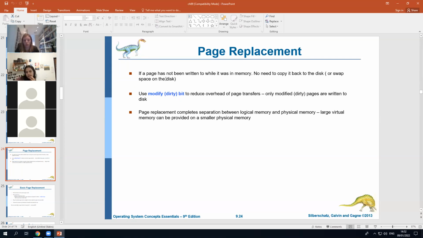If a page has not been written to while it was in memory. So, okay, now we're talking about this. When we take a page out, we have a page in memory and we're going to store it on the disk and delete it from memory. But what if there were, so we have two choices. Either since it was copied into memory, right? It used to be on the disk. Now we copy it